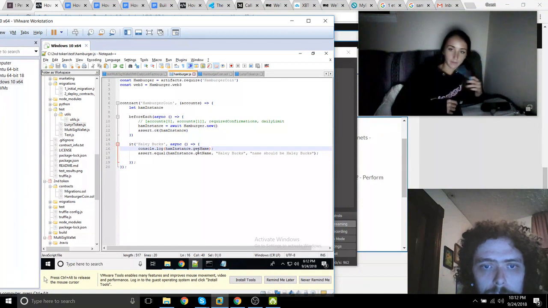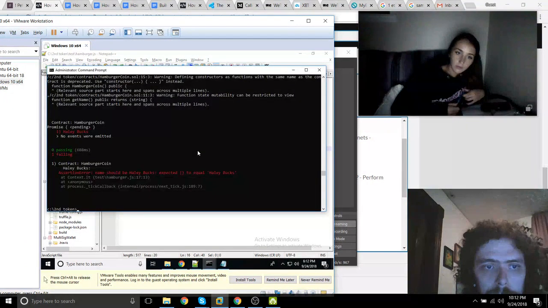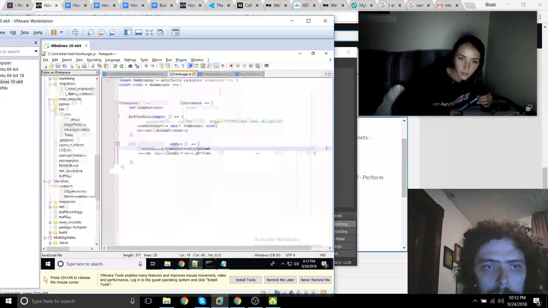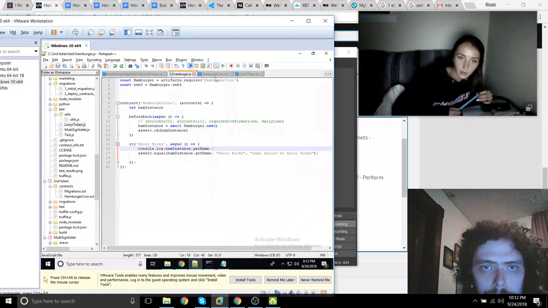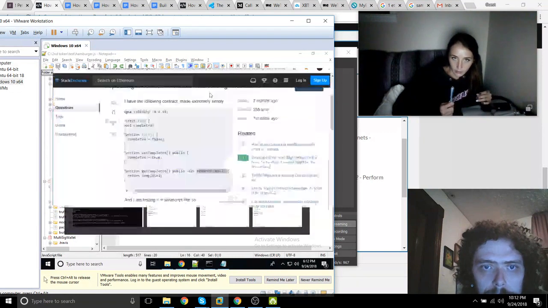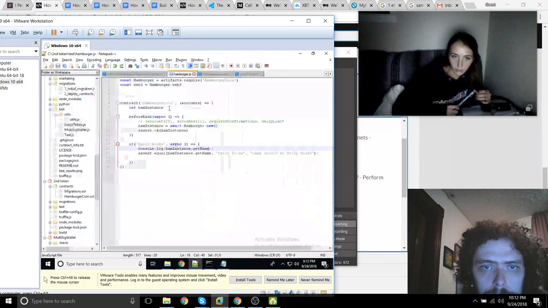I don't understand why this is not doing anything or why it's not telling me anything that I'm looking to see. It's not even giving me the console log I'm looking for. So would you have to go up and look for the console log, like at the beginning? No, it doesn't have to be at the beginning.